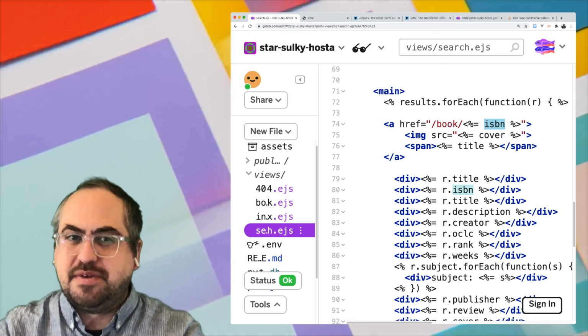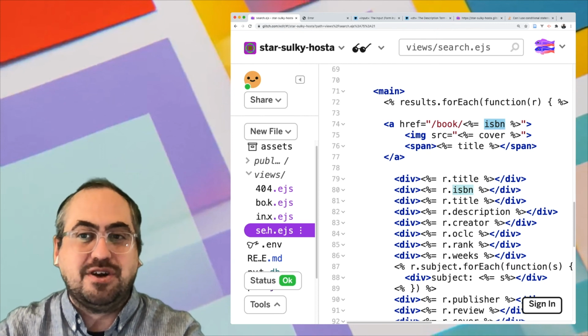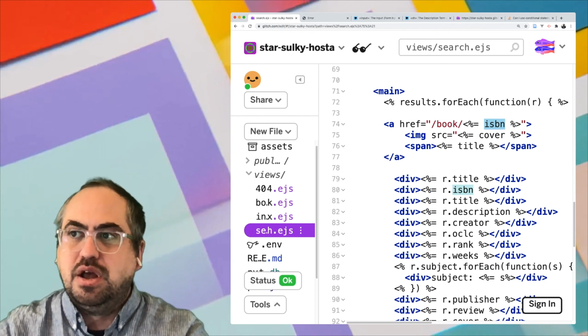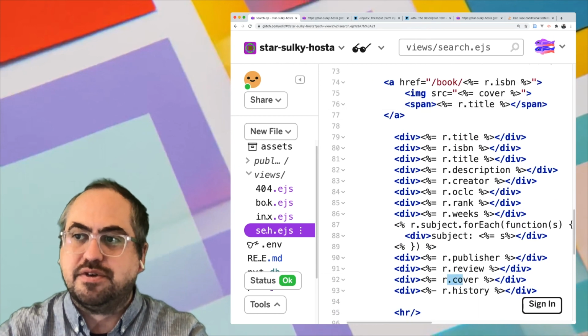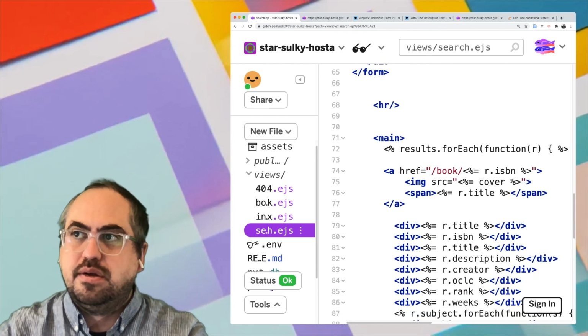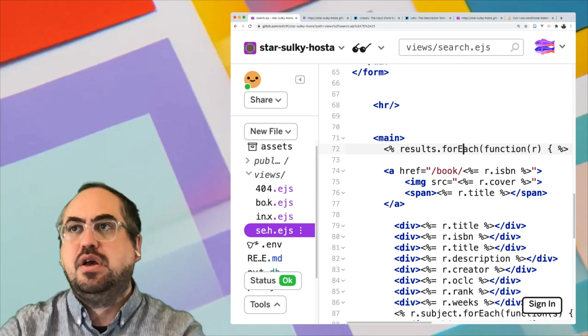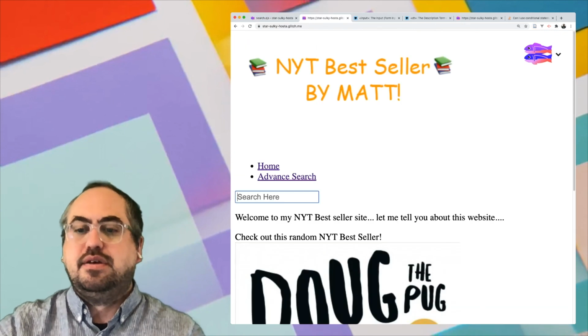In this case, we're saying use the ISBN variable, and it does not exist. So in this page, when you're referring to the ISBN, you have to call it r.isbn. If you're calling a title, you have to say r.title. If you're calling the cover, you have to say r.cover. Right? So if we try that again,